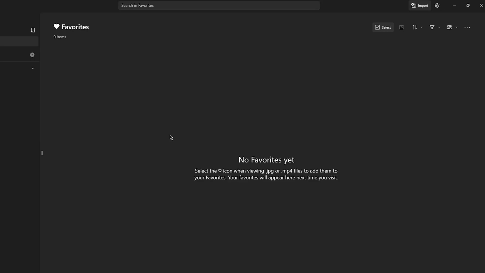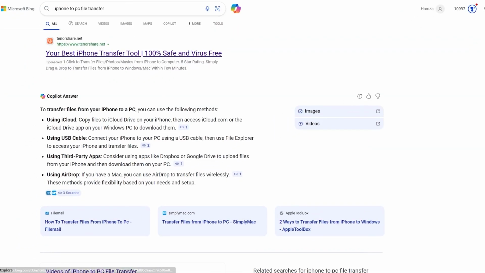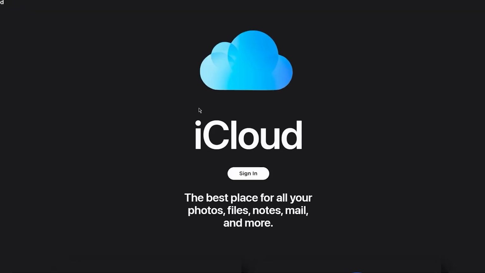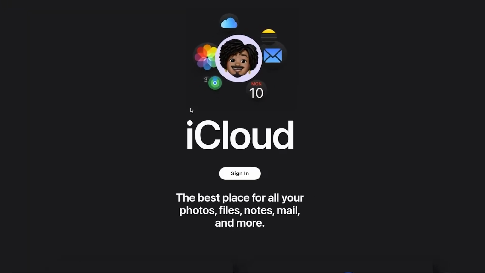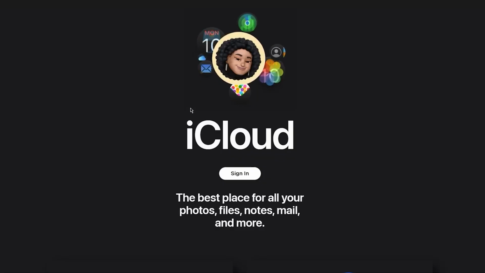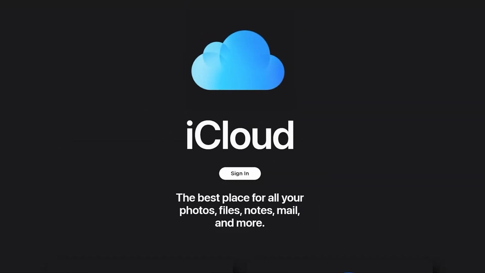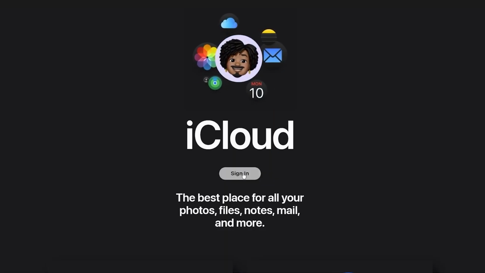So what you do is you go over to your iPhone, and go over to your iCloud, okay? Simply go over to your iCloud and enable iCloud photos. And once you've enabled those, make sure you're connected to a Wi-Fi signal and log into your Apple ID. Your iPhone will start uploading all of your photos to the cloud, and you can simply go ahead onto your PC, sign in with your iCloud,